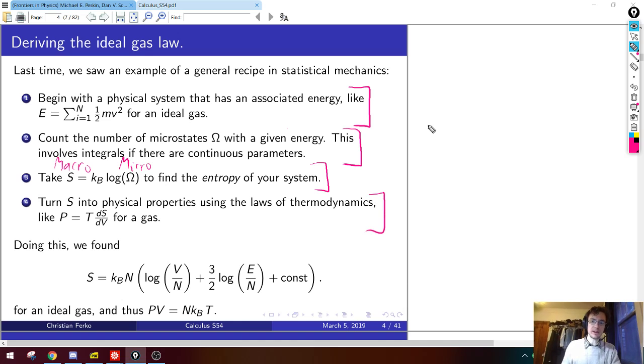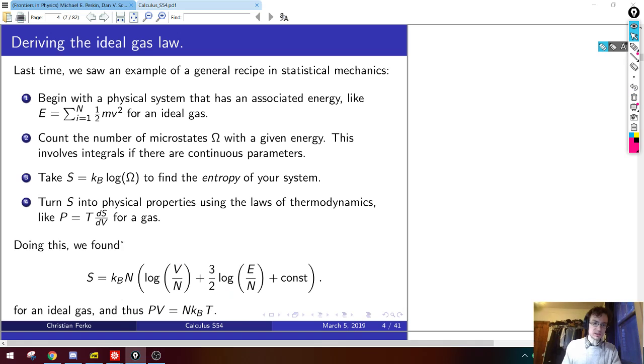And then the laws of thermodynamics. Everything up here so far has been basically statistical mechanics. So the relationship between statistical mechanics and thermal physics or thermodynamics is then to use the laws of thermodynamics to turn our knowledge about entropy into knowledge about physical properties. And we did that last time to write down this P is T dS/dV, and once we knew what S was, you just take a derivative, and this gave us PV equals nRT. Right, so that came out of this formula that we got for the entropy when we took a derivative with respect to V. This log turned into basically an N over V times 1 over N, which is a 1 over V. So basically T k_B N over V is P, which is the ideal gas law.